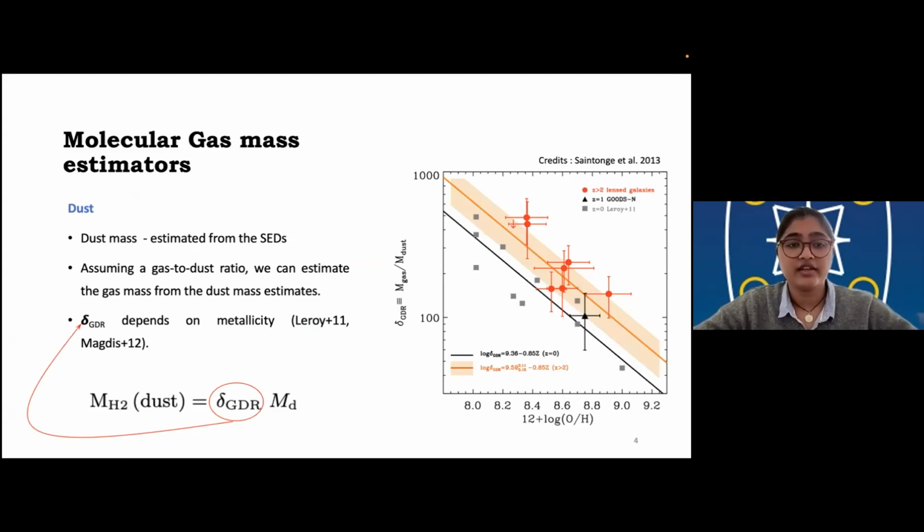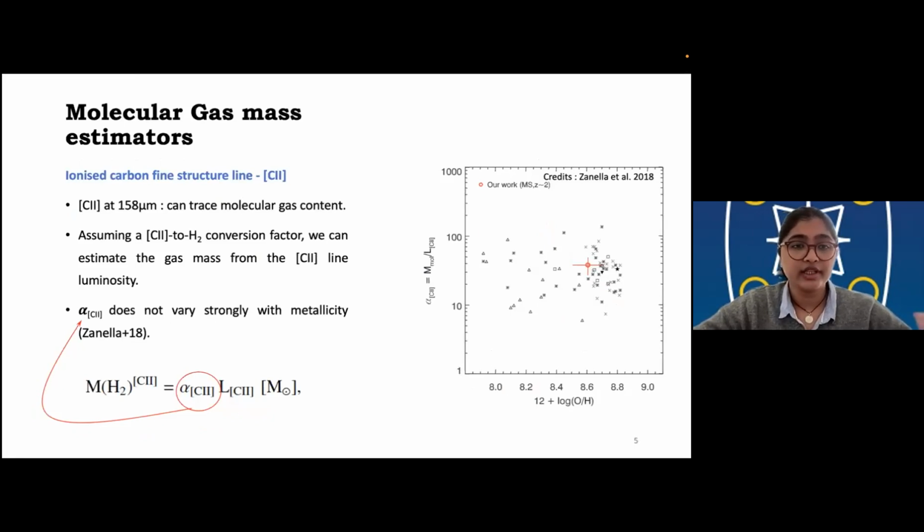The third way of estimating the molecular gas mass of a galaxy is through its dust mass. When we estimate the dust mass from our SED modeling, by assuming a gas to dust ratio, we can estimate the molecular gas mass. But this gas to dust ratio, as shown in the plot on the right, also varies strongly with metallicity. The other way is by using the C+ line, which is also known to trace molecular gas content, amongst other things. By assuming a C+ to H2 conversion factor, we can estimate the C+ based molecular gas mass. This factor, alpha C2, does not vary strongly with metallicity, and the C+ line is quite bright for these